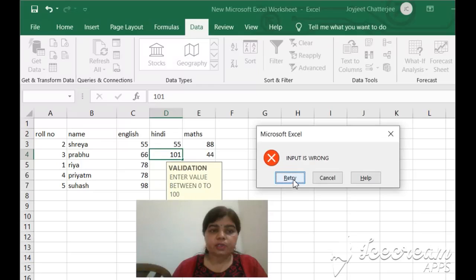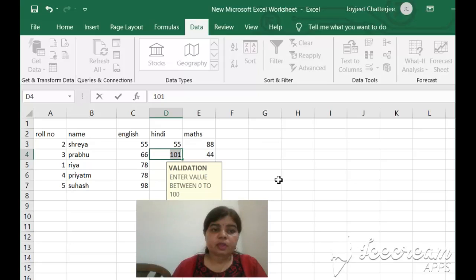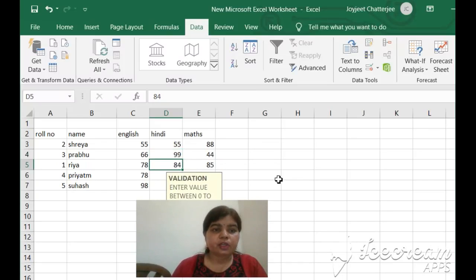Rewrite. It means you have to write another number from 0 to 100. Click on Retry and now I'm going to write 99 and press the Enter key. It is valid, that's why no message came.